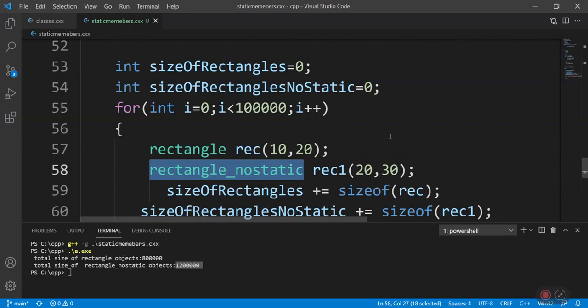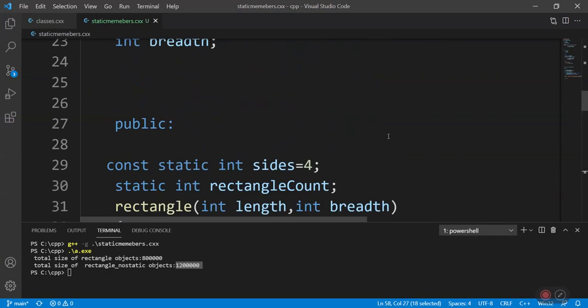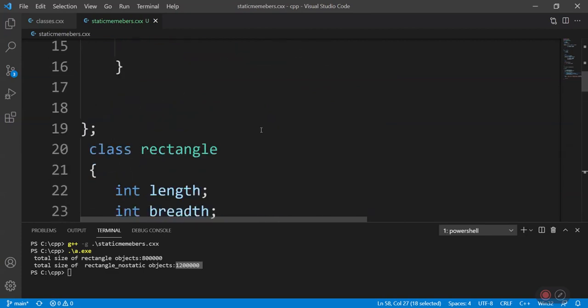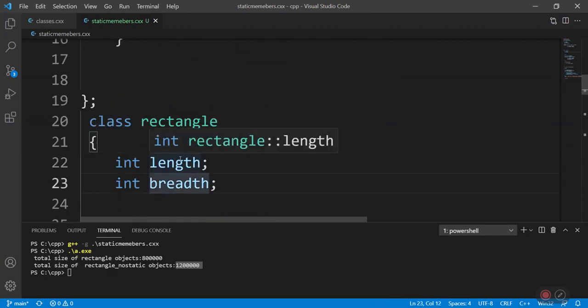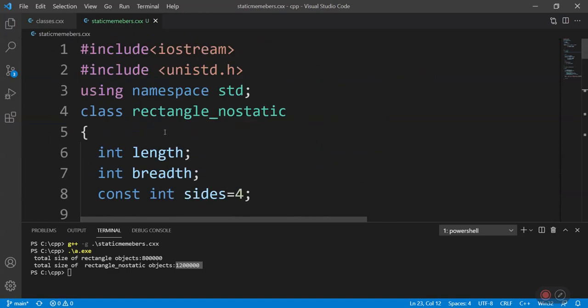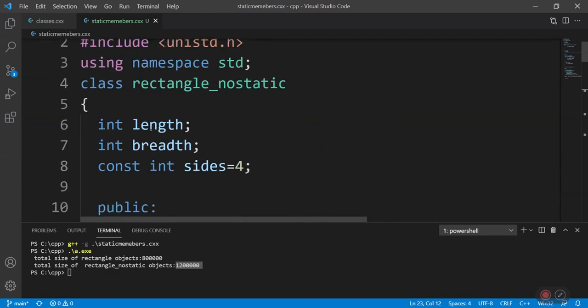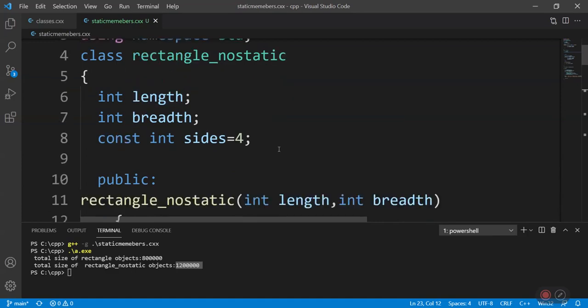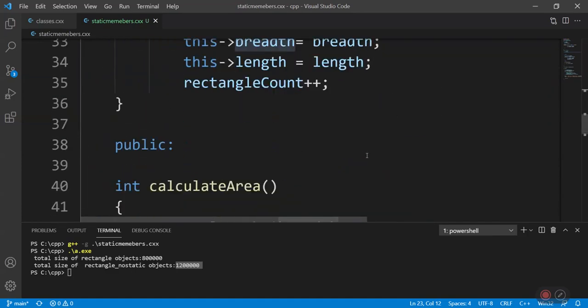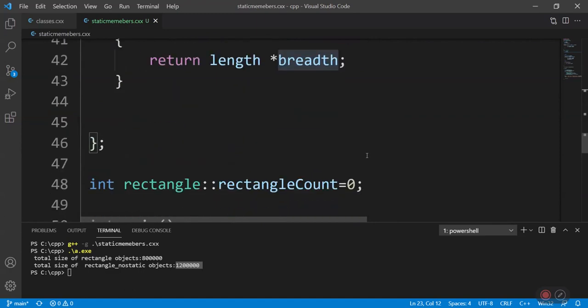The reason we have 8 and 12 is the size of int is 4 bytes. So for the rectangle object we have length and breadth, 4 plus 4, 8 bytes, and for the rectangle no static class we have length, breadth and sides, so for each object 12 bytes is created. So this is the advantage of using static member variables.